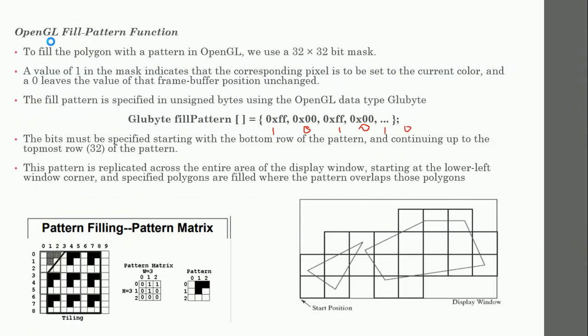How many bits can you say there are here? The values go up to 1024. So you have got a pattern, and you can imagine how many bits you will have: 1024 bits. Each of the 1024 bits has its value, 1, 0, 1, 0, and it goes on like this up to 1024 bits.